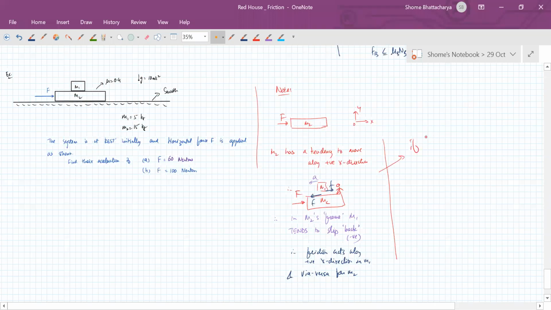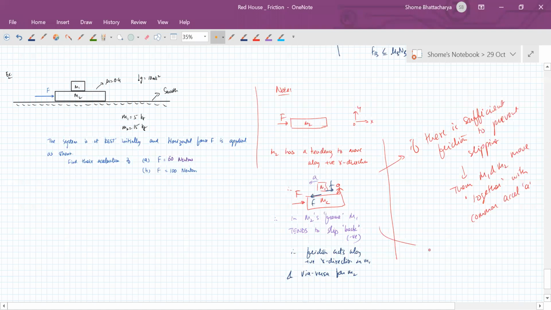Okay, so if there is sufficient friction to prevent slipping, okay, then M1 and M2 move together, okay, with common acceleration,